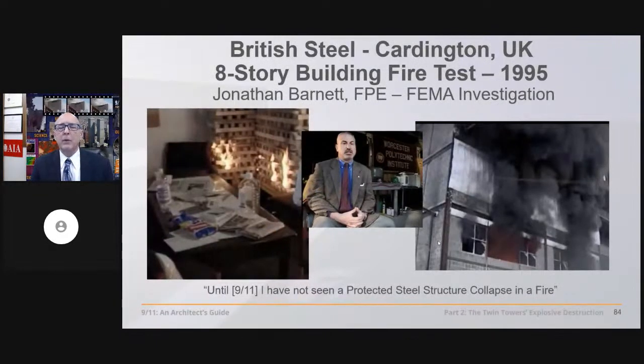So how would we expect a steel frame building to behave, though, given that a high-rise has never collapsed due to fire before 9/11? Well, they built an 8-story building just to see what would happen with massive fires. They tried to get those flames up to 2,000 degrees with incredible quantities of fuel, as you see here.